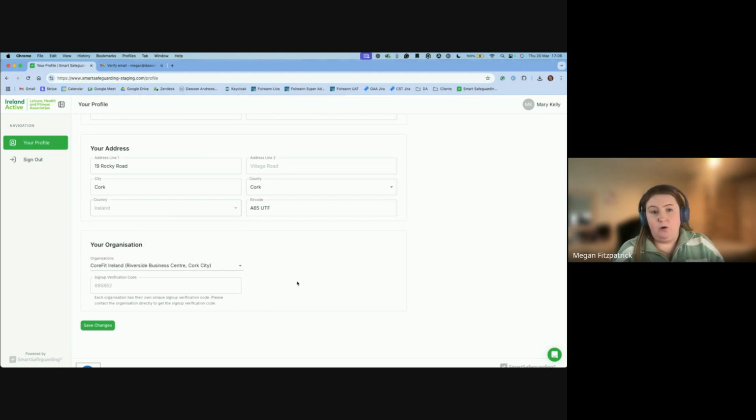So every organization and facility on Smart Safeguarding will be given a 6-digit verification code. This will be accessible by any admin within the facility, and you can also update this code anytime you wish via the system. We're going to provide the codes for you, because either myself or Anne will send that out to you, and then you'll be able to pass that on